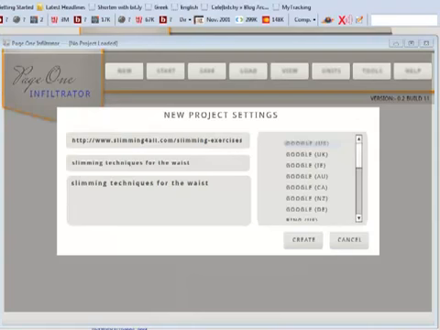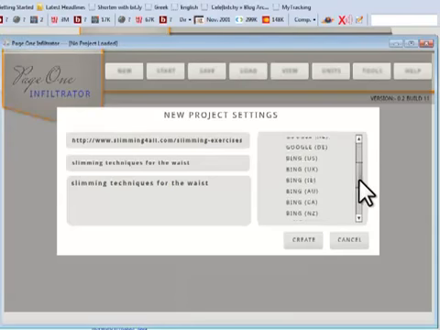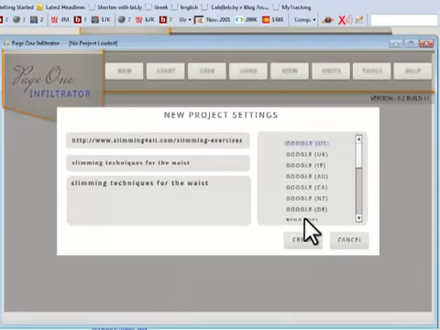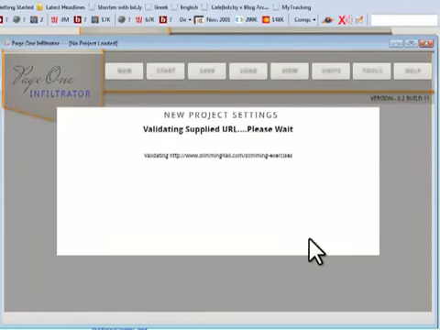Okay, let's take a little look around Page One Infiltrator. Now, I've already filled in the details for you, and you can see it's very, very simple. You simply add in the URL of the web page that you wish to be analyzed. You add in the keyword that you want to rank for and just give it a title. Okay, we can select, in this case I've selected Google US searches, but you could select different countries and different search engines, but we're going to go for Google, and we simply click create,